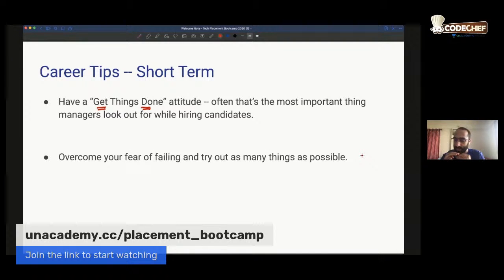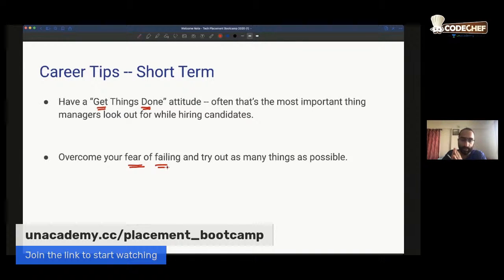But a lot of times we miss out on opportunities only because of our fear of failing. So we need to overcome the fear of failing, and we need to try out as many things as possible. A lot of times we would not even send out an application to a company because we think that the company won't hire us, or our resume might not be good enough. We won't reach out to people on LinkedIn or other places because we think, okay, I might look like a fool if I do this. Do not create glass ceilings for yourself. Reach out to people, overcome your fear, and try out different things.